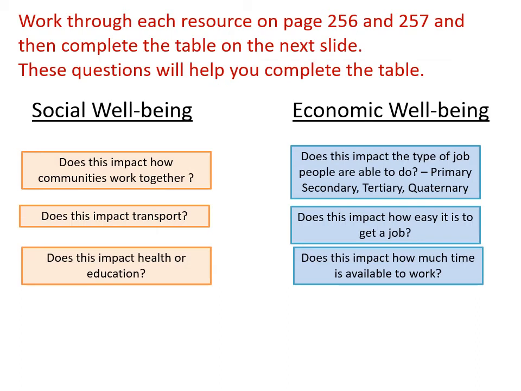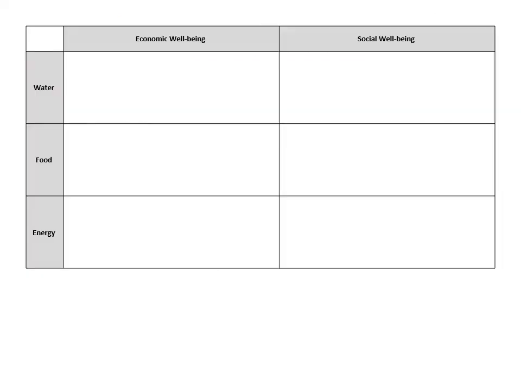Okay, I'd like you to read through each resource on pages 256 and 257 in the textbook, and then complete the table on the next slide. The questions on this slide are going to help you to do that. So you're going to need to jump backwards and forwards: wait for the next slide to come up, copy it down, and then rewind a little bit to this in order to get some hints and some questions and some ideas. And then finally, I'm going to show you some answers on the next slide. So here we go to the next slide. There we go. So copy this table down and then flick back to the last slide to get those questions. Pause now and rewind.